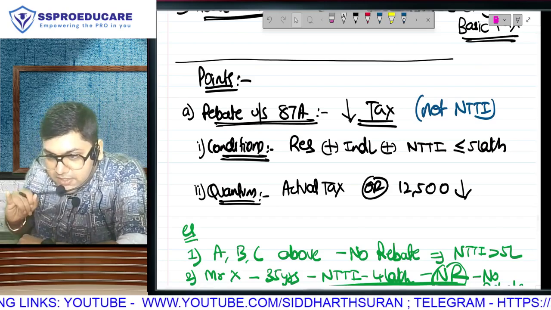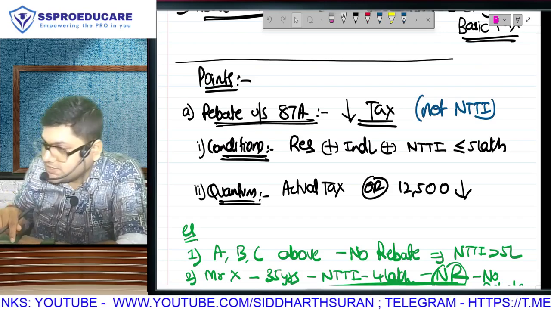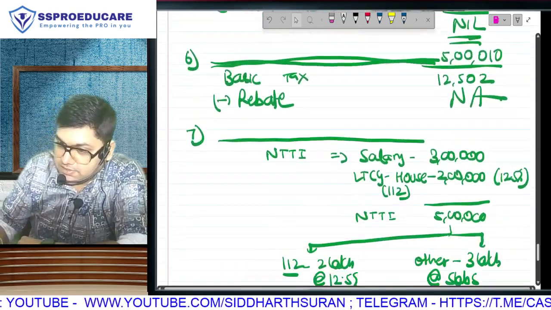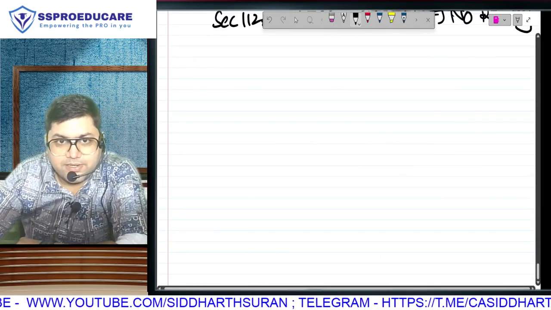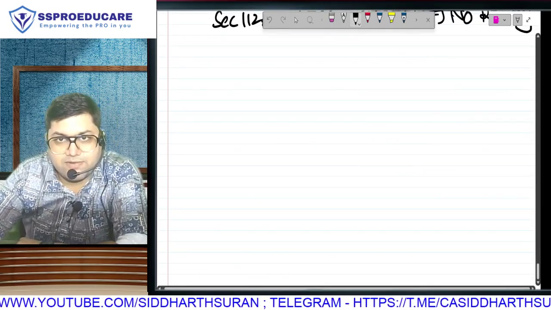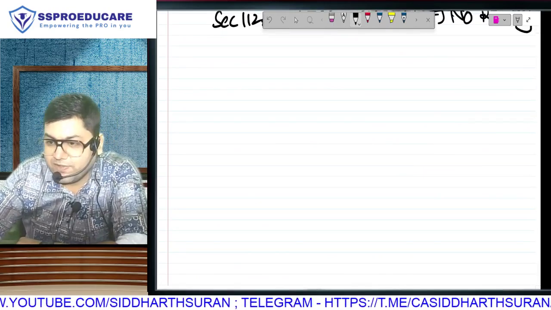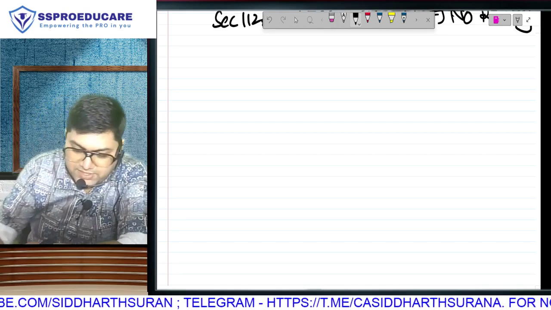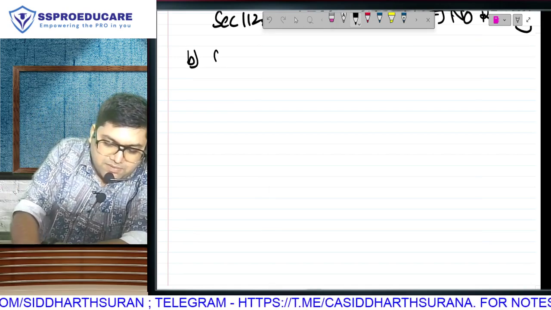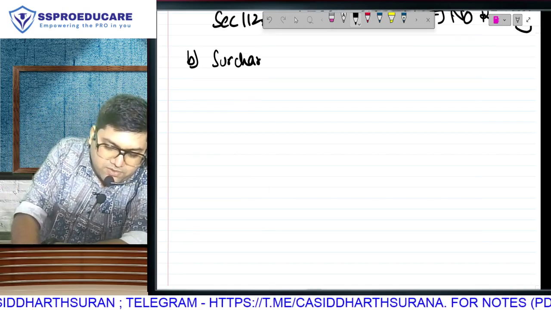We calculated basic tax. Basic tax will undergo changes. First change, rebate. 3 conditions to get rebate: resident, individual, income less than or equal to 5 lakh. Once I fulfill the conditions, how much rebate? Actual tax or 12,500, whichever is lower. Concept number 2, the concept of